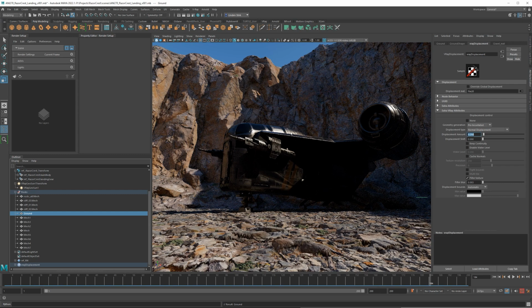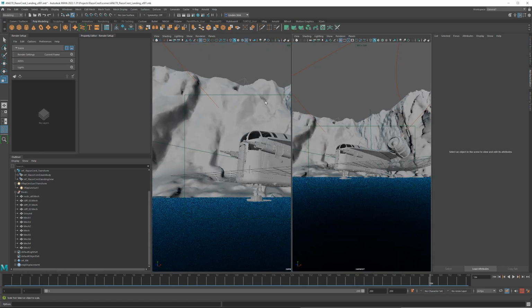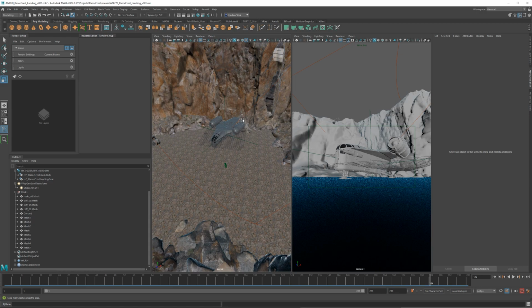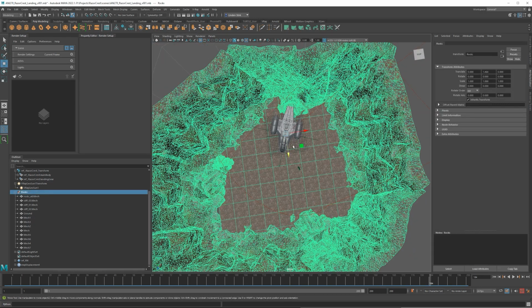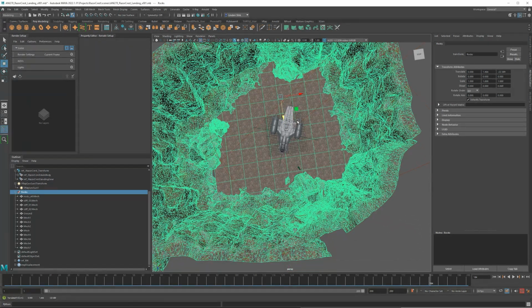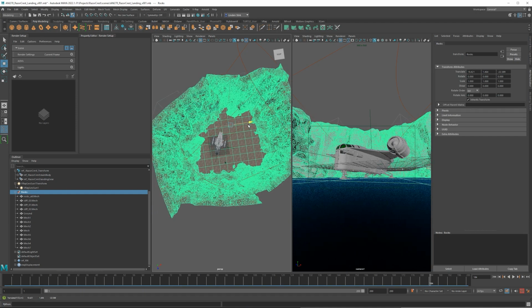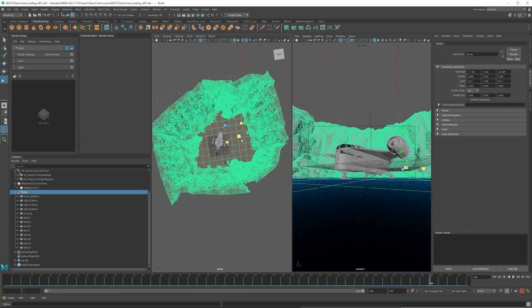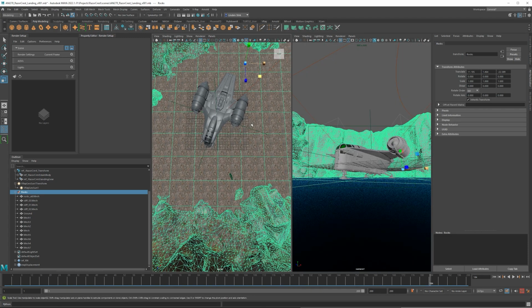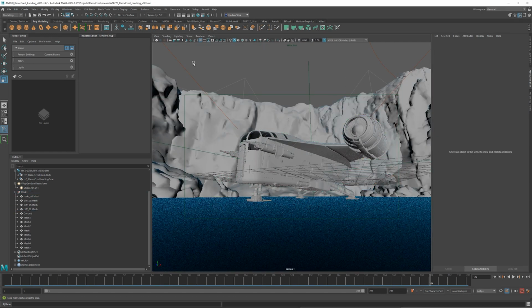It also doesn't look like there's a lot of clearance at the other side of this cave, or this kind of rocky section. So I'm going to get out of that, and then, yeah, we've gone way too far with this. So now we can just pull that way back. And we could rotate this around. We can do whatever we want with the environment. If we want some of those rocks closer, we can do that. If we wanted to even scale everything down a little bit, we could probably do that too. If we want to have that a little bit tighter. But I think for the most part, this is going to look okay.